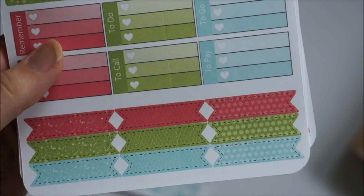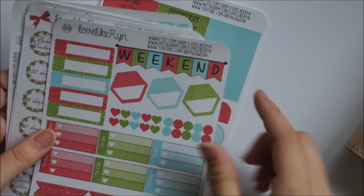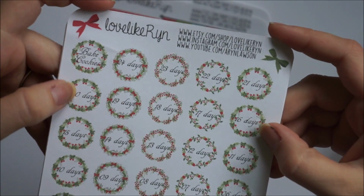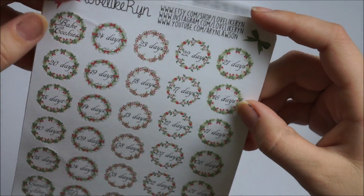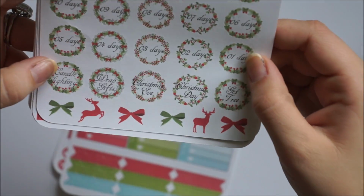There we go. I just think that print is really pretty. Have your hexagons, your labels, your hearts. This is a Christmas countdown. So this is the Christmas countdown. This page actually got a little bent, but I have 24 days down to 1 day, and then we have